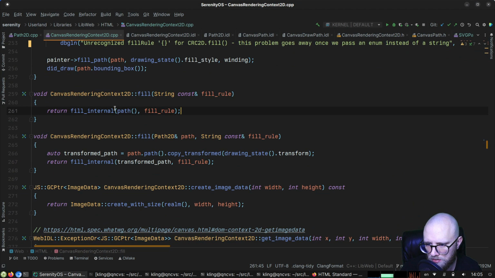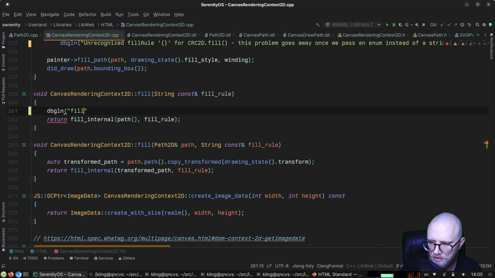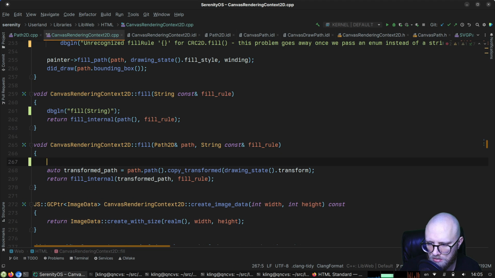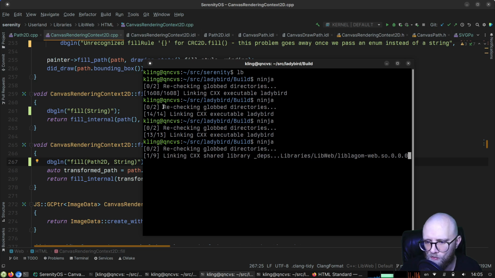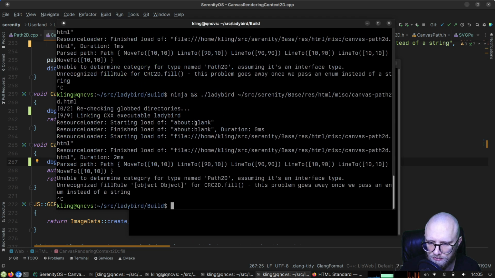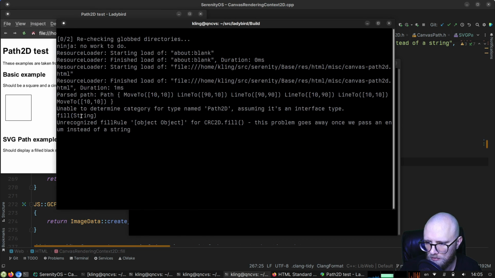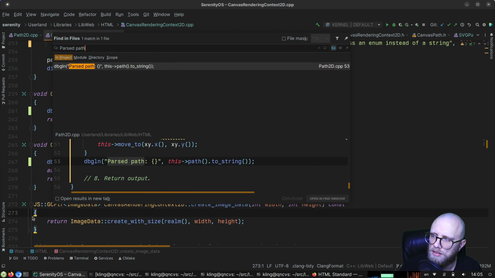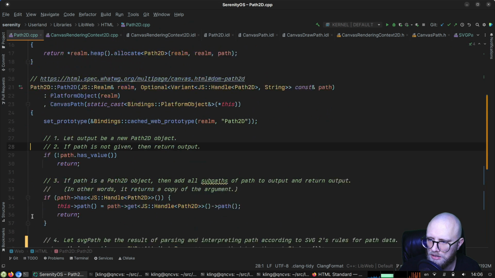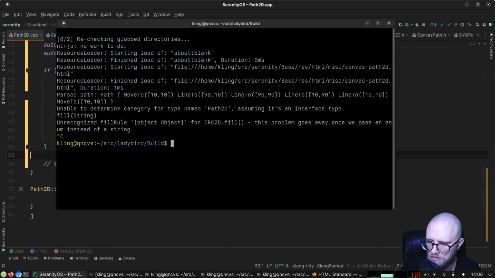Fill. So we should be in this guy that takes a Path2D. Just gonna log this, or fill Path2D string. Oh, look, it's fill string. Great. So let's get rid of that debug line. Okay, so far,